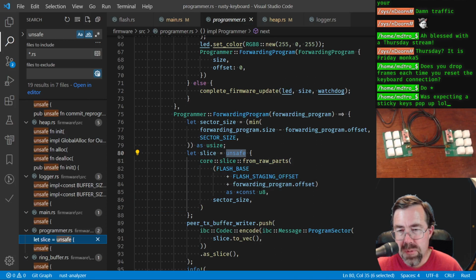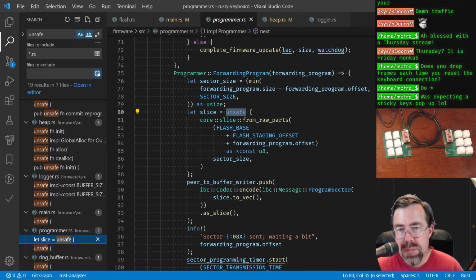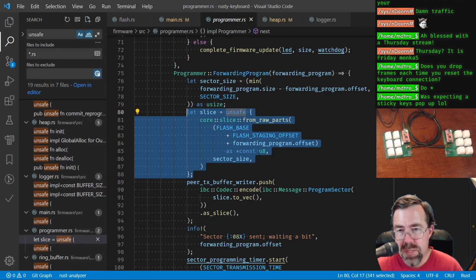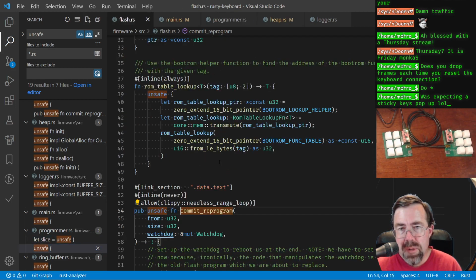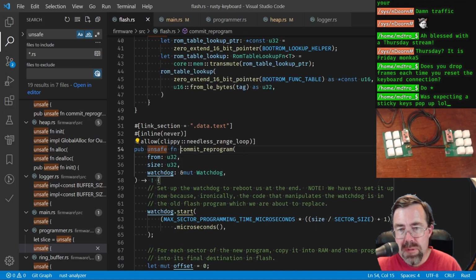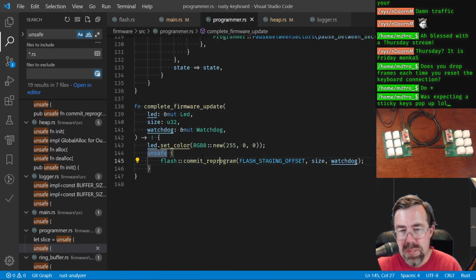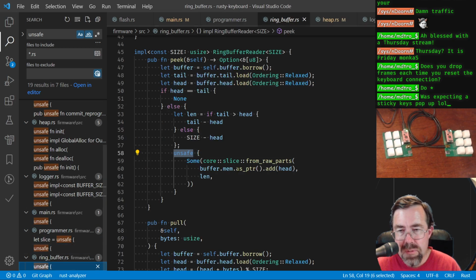What about this one? Alright, this is reading from the staging area. Need that. Okay, how about this one? Commit reprogram is unsafe. Yes. I had to put that unsafe somewhere. So that's as good a place as any. And what about here? That's just because of